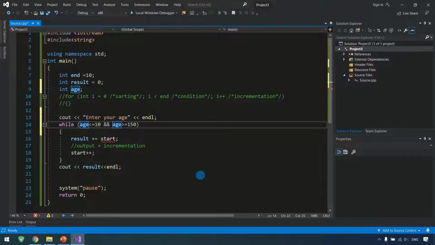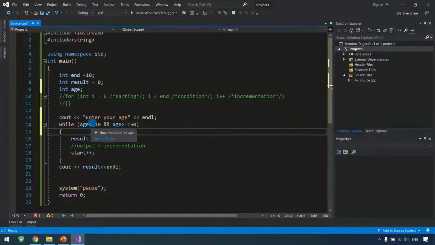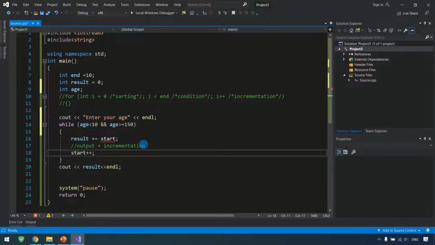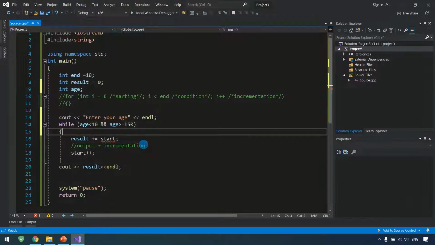What I'm saying is this: if the age of the person entering his age is less than 10 and bigger than 150, I mean, we cannot say a human can have an age equal to or bigger than 150 years. So if there is a case like this, I will say